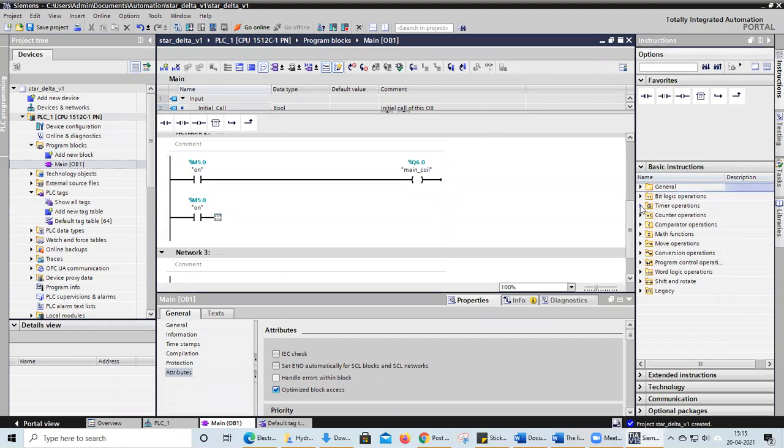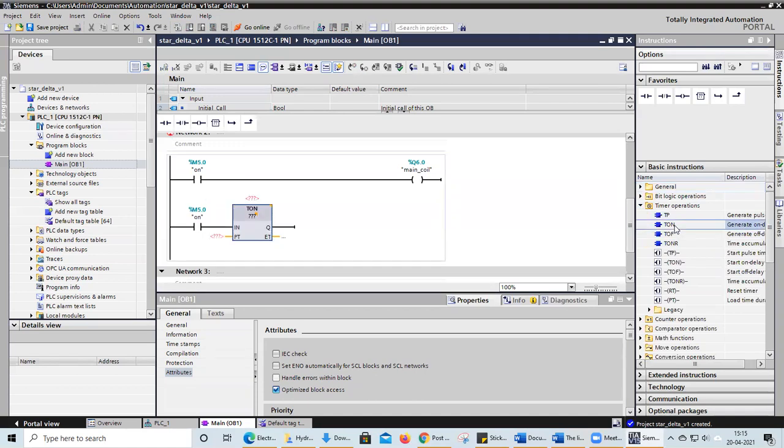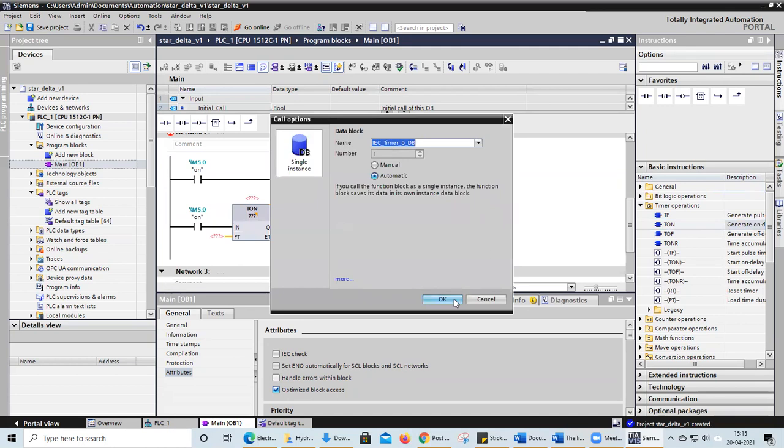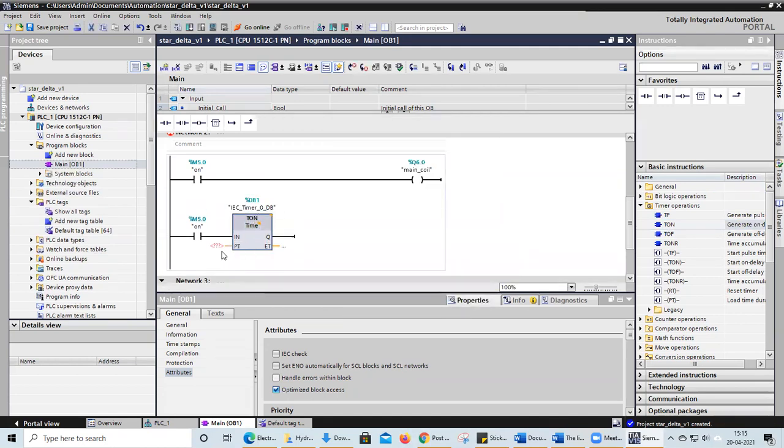Go for the timer operations and take on timer. Okay, click OK here and give the preset time. I'm going to give 5 seconds. Otherwise 10 seconds I'm going to give.